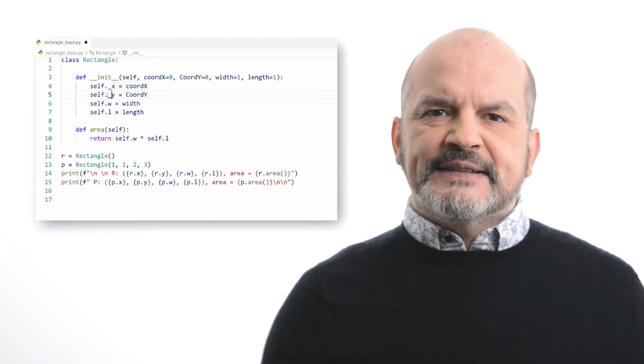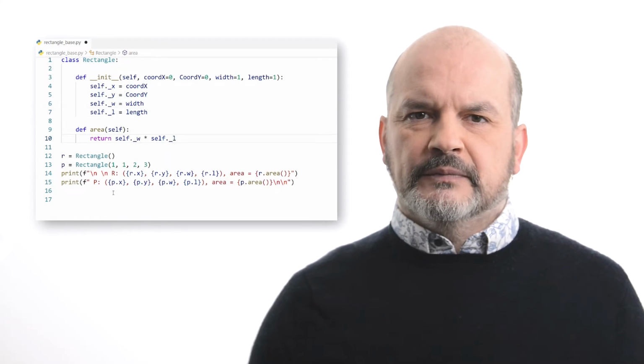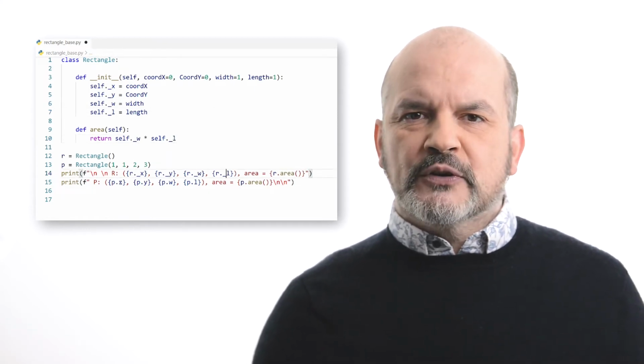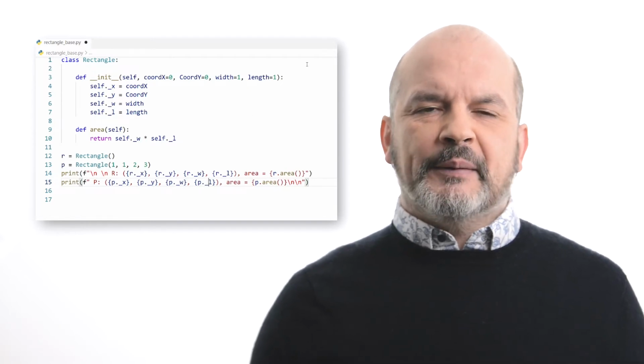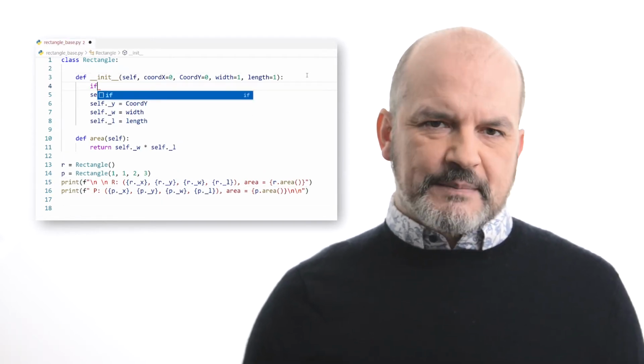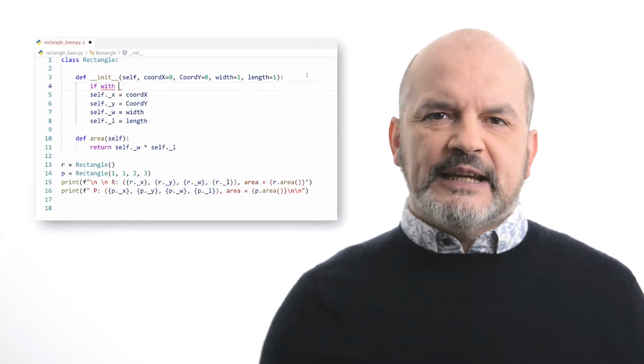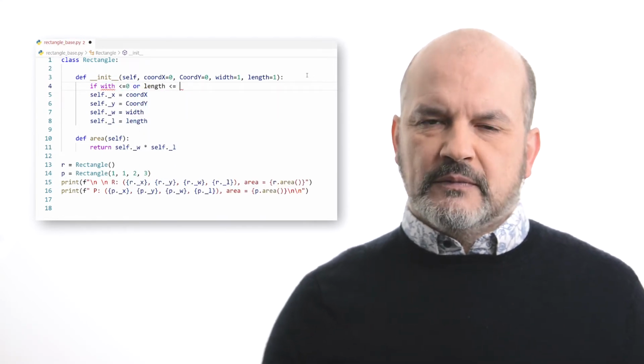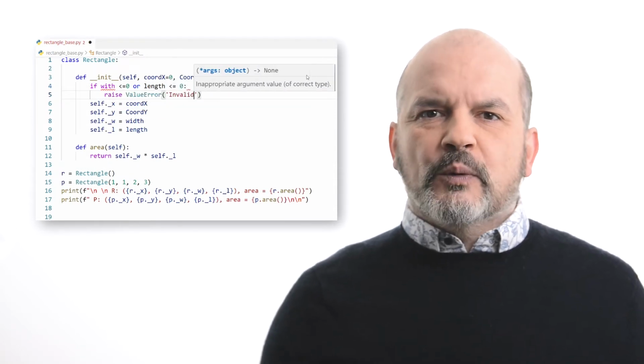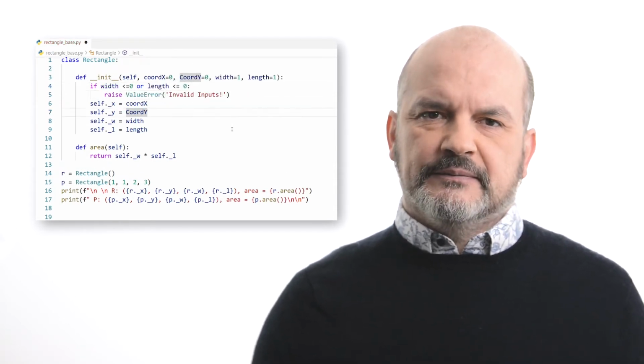Now that we have seen how to create protected attributes, let's refactor the class Rectangle seen in the previous video and use information hiding, meaning let's hide the attributes containing the coordinate of the top left corner, the width and the length of a rectangle. First, we prefix all names with an underscore. In addition, to make our code more robust, we should check the input provided in the parameters of the constructor. For simplicity, we assume that the right type of data is provided, in our case, floats. However, we must check that the width and the length are strictly positive.